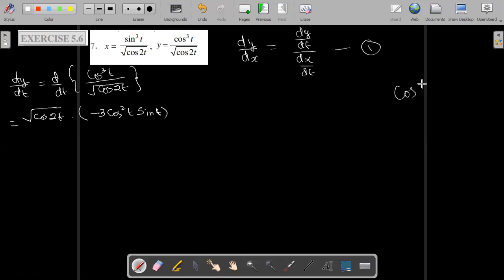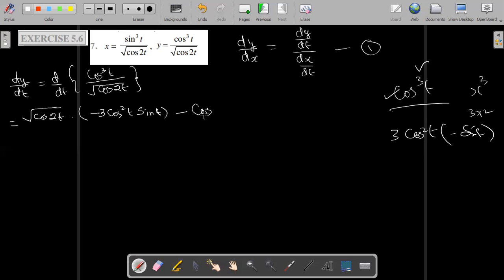Cos cube t, we have outermost is power. So x to the power cube, the differential is 3x square. So that's why its first differential will be 3 cos square t. Then inside cos t, the differential of cos t is minus sin t. Therefore, minus 3 cos square t sin t. Then minus, leave the numerator, that is cos cube t,